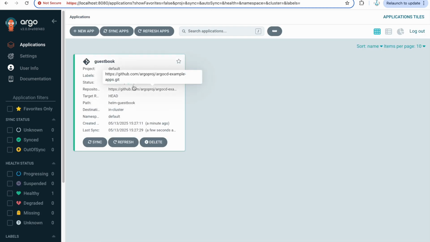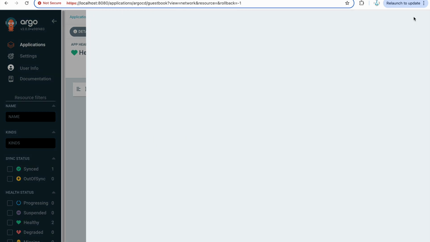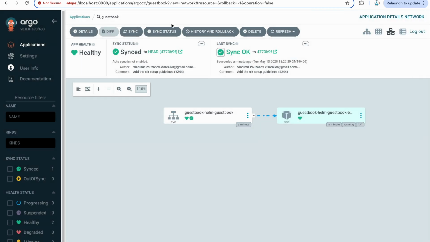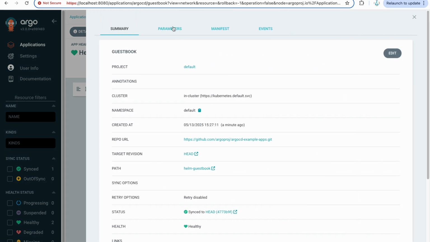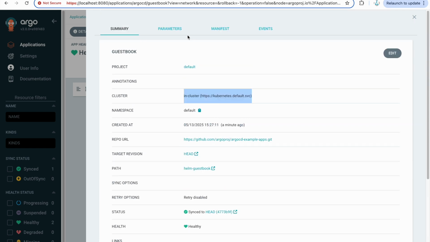And this is how you create a project. And if I take an example, it is like a Jenkins project where you set up a project, provide all the configurations and it runs. So this is how it looks like. Here you can see history and you can do the rollback, and then sync status you can check, sync healthy, everything you will see it here. And details, and in the parameters, you are providing cluster in cluster, it means which repo URL, target revision, all the details you will get it.